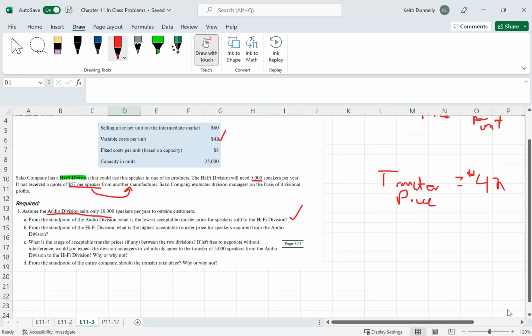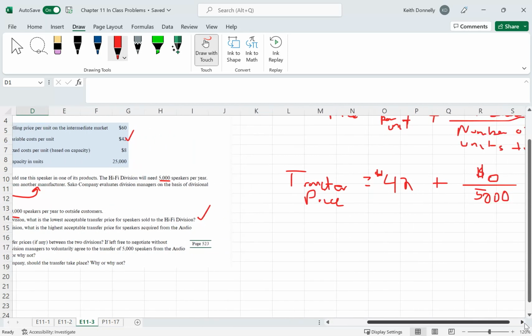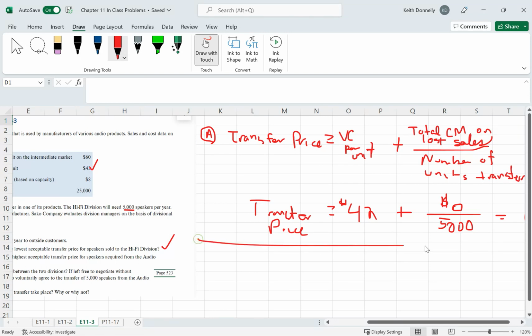All right, let's look at B here. It says, from the standpoint of hi-fi division, the green guy, the ones who are buying, what is the highest acceptable transfer price for the speakers acquired from the audio division? Right, so for B over here, let me draw a line. That was looking from the seller, now we're looking from the buyer. The equation here is going to be,